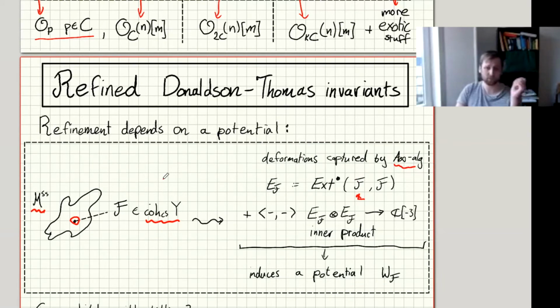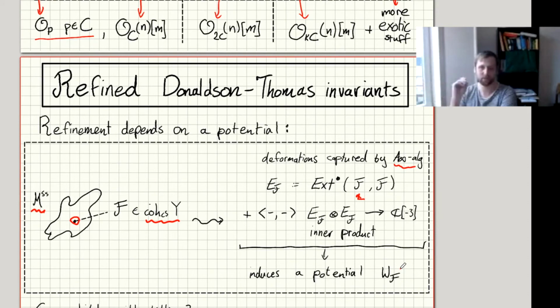And moreover, because we have a Calabi-Yau manifold or a Calabi-Yau variety, these algebras also come equipped with an inner product. And by combining this data, we can encode this A-infinity structure into some sort of function, some non-commutative polynomial or power series. And that's called the potential. Right. So that's just some formal machinery, and we can compute this potential only in certain